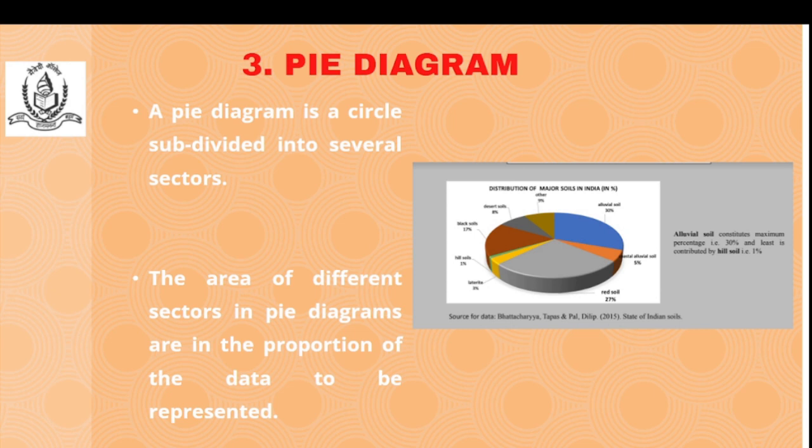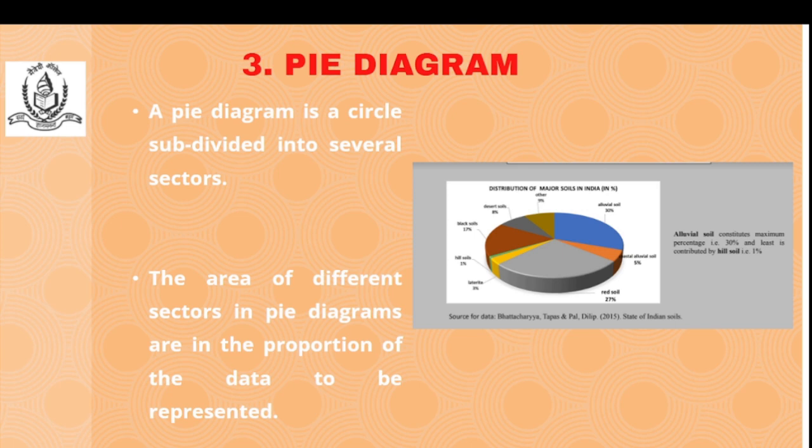Now, the third type of diagram which can be used for representing data is a pie diagram or a pie chart. Again, these are very popular diagrams to represent data. One important fact is that it is slightly different from the other diagrams that we have discussed. Till now, what we have discussed is bar diagrams where the frequencies or observations are being represented in the